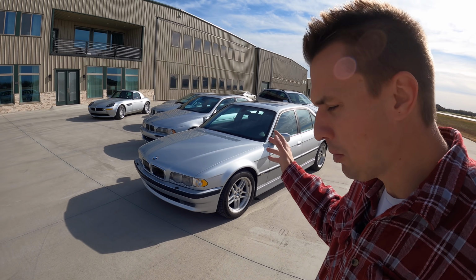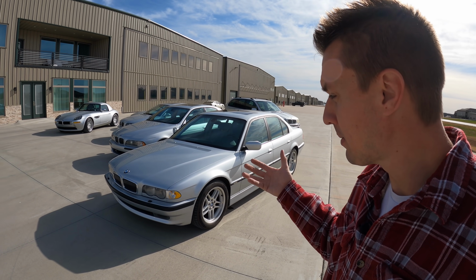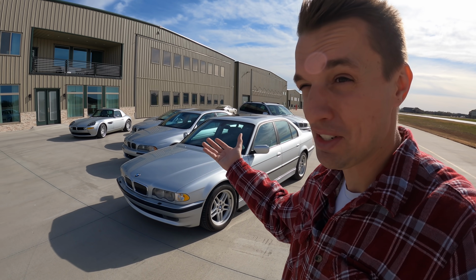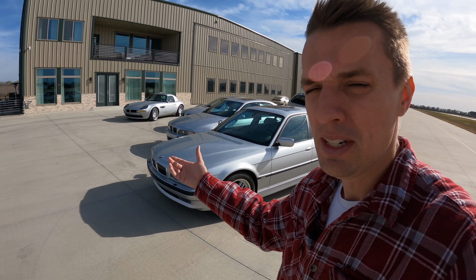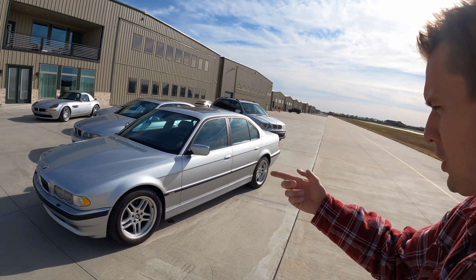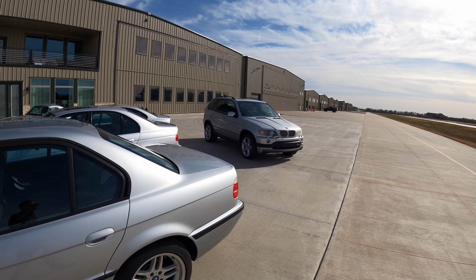I put an "I don't want to sell" price on this thing, thinking that that was pretty high, but in reality, these have gone up in value so much that one with over 100,000 miles is selling for around 20 grand. So I actually underpriced it, and now it's going to San Diego. So one car of this bunch I'm making money on, making about $3,000, but then there's the X5, which is